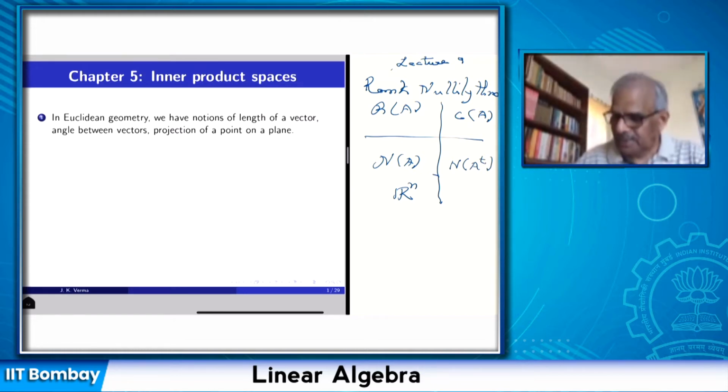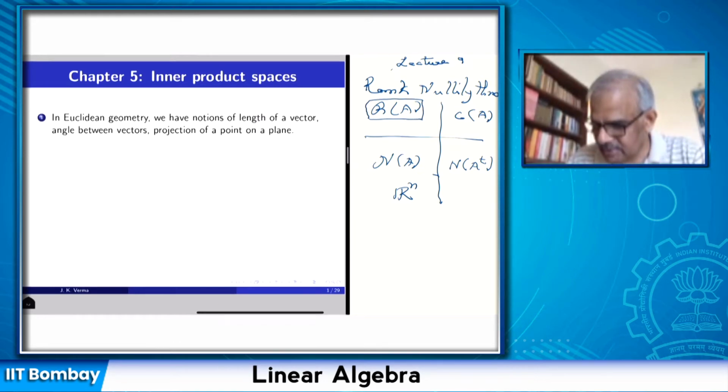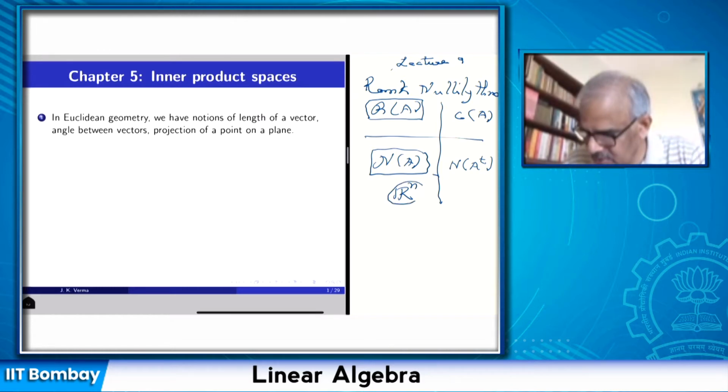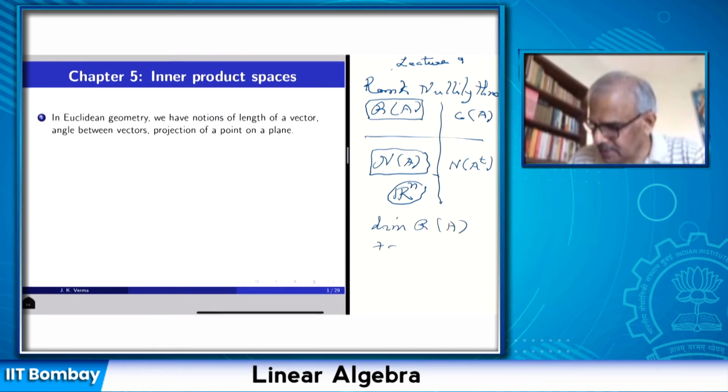We showed that the dimension of the row space, which is called the rank of the matrix, and the dimension of the null space, which is called the nullity, add up to the dimension of the whole space in which they are living, which is the number of columns